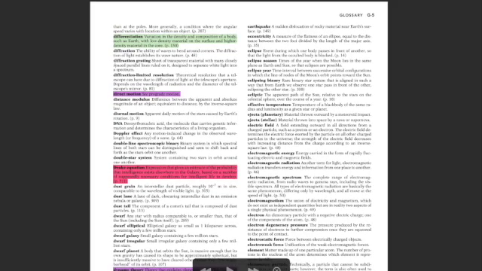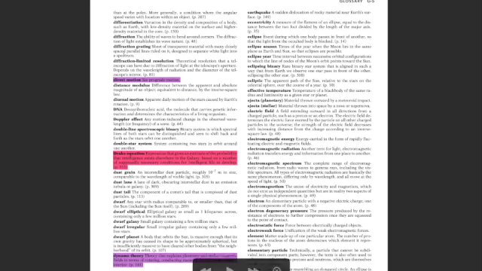Next is the diffraction grating. It is a sheet of transparent material with many closely spaced parallel lines ruled on it, designed to separate white light into a spectrum. This makes the spectrum very clear to us, in order to observe the spectra very clearly. Okay, next is